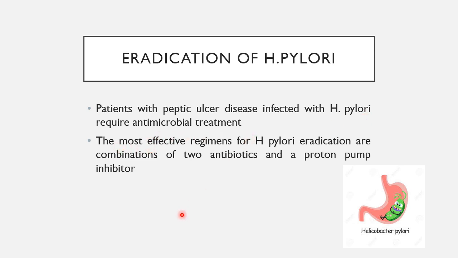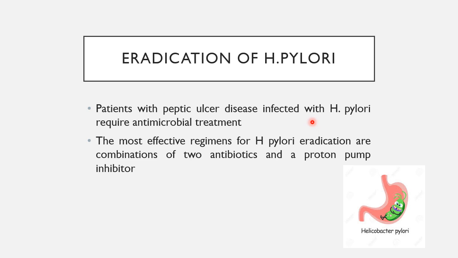Sometimes it happens that a patient comes to you for the treatment of acid peptic disease and you have treated him well. The patient improves, but he keeps on coming again and again and again because the peptic ulcer is recurring again and again. So H. pylori is the major cause of recurrence of peptic ulcer. If the patient is suffering from H. pylori and his peptic ulcer is due to H. pylori, you cannot cure him with just giving a proton pump inhibitor. You have to eradicate this pathogen. So eradication of H. pylori will decrease the rate of recurrence of the disease.